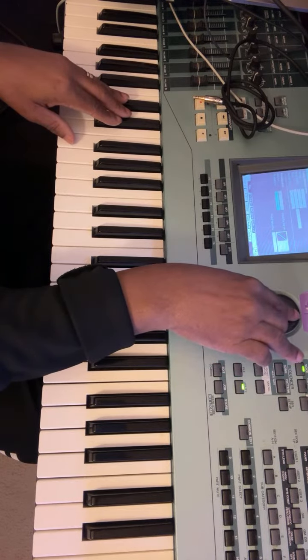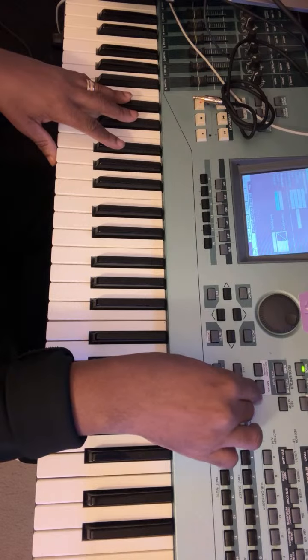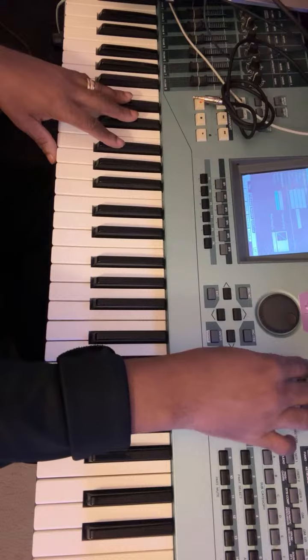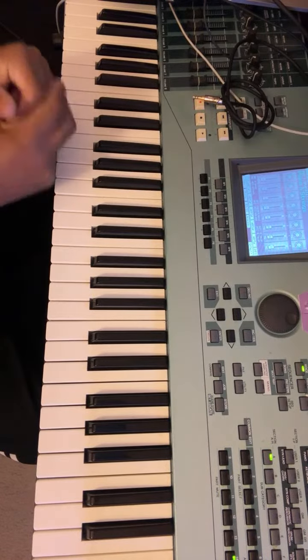Now, if you transpose on somebody's keyboard, make sure you put it back. Put the transpose button back to the 0, or however it starts, and don't leave somebody hanging and get up out of there, right? But what I'm saying is